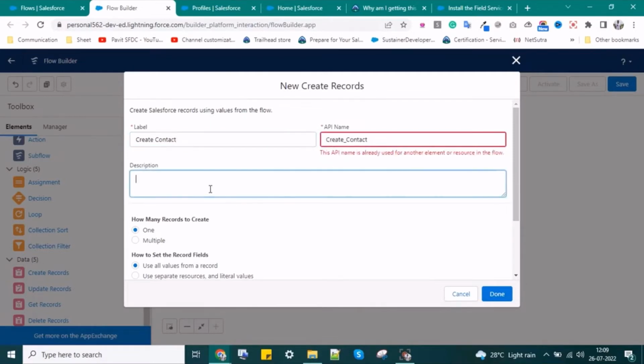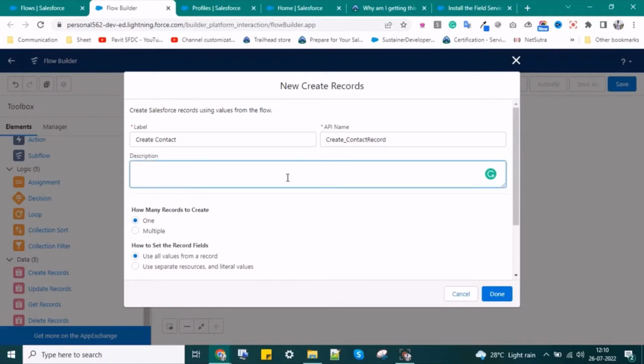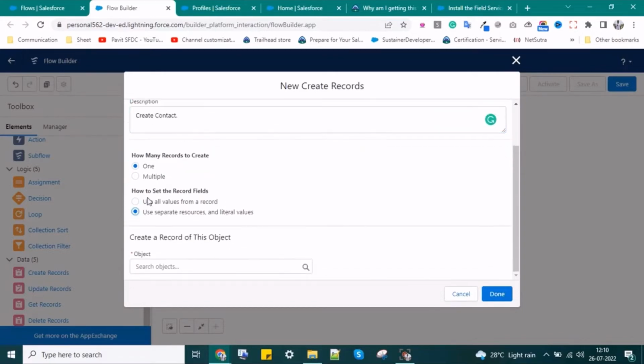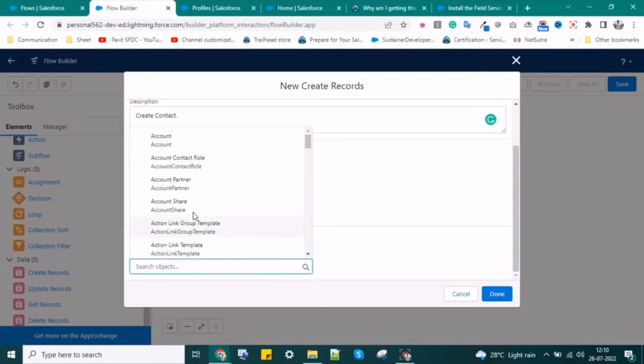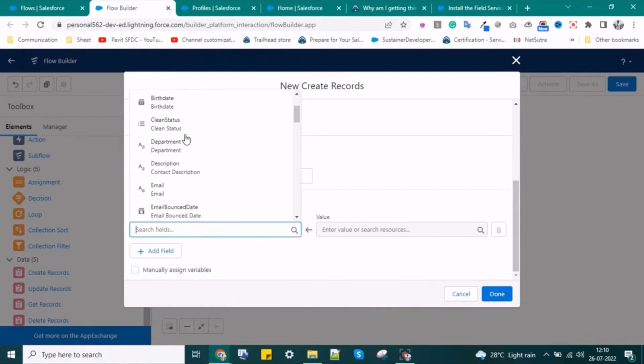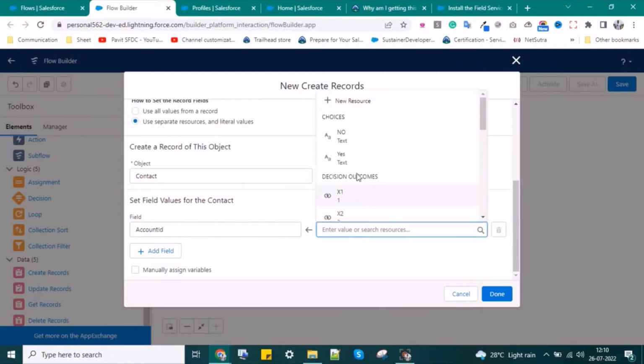If you have information in a collection or in more than one row, you can choose multiple and you can iterate those collection values and create more than one record also. If you need to create only one, as in my scenario, I am going to create only one record. How to set the record values? You can use any existing record or assignment if you have, or you can decide your object where you would like to create that record and use the resource